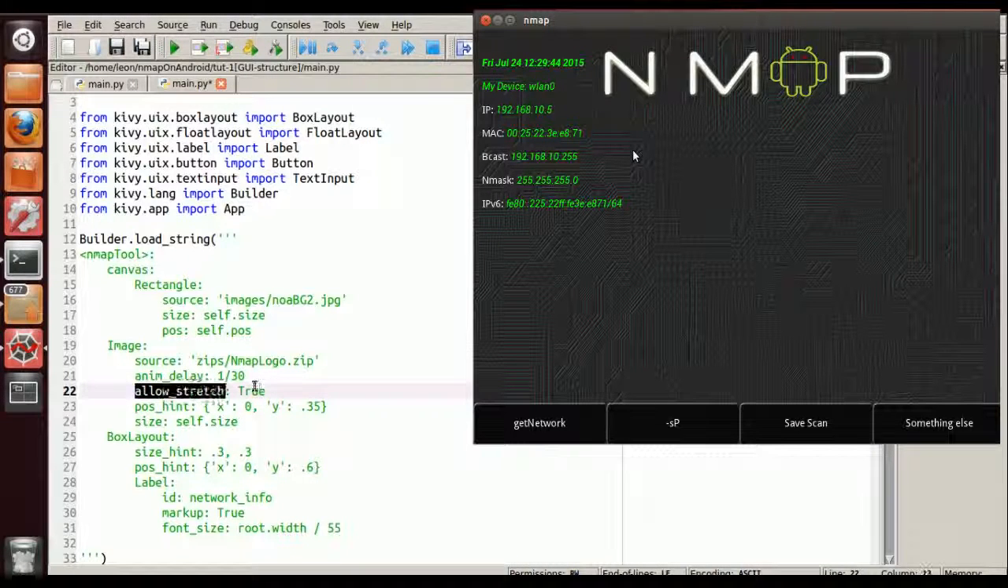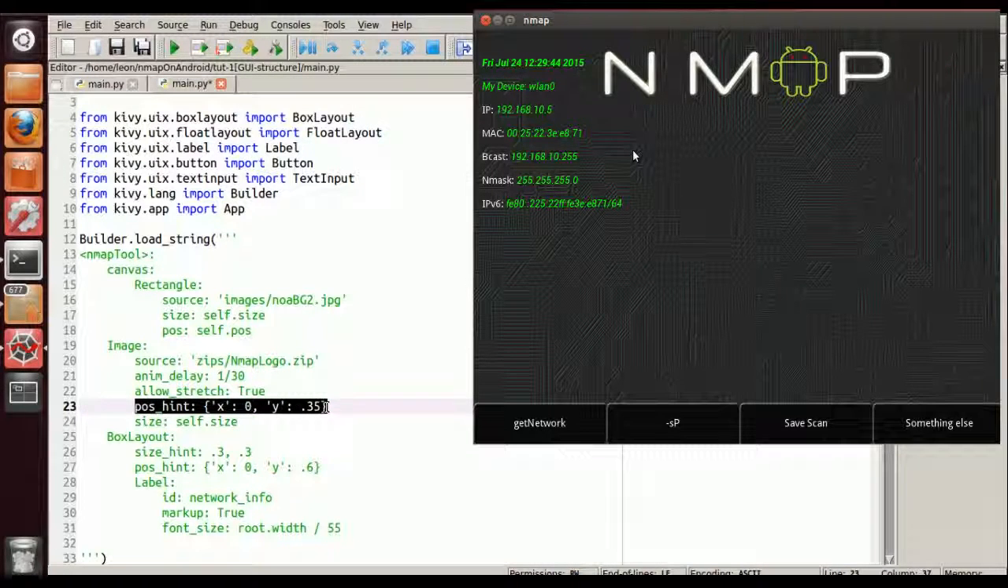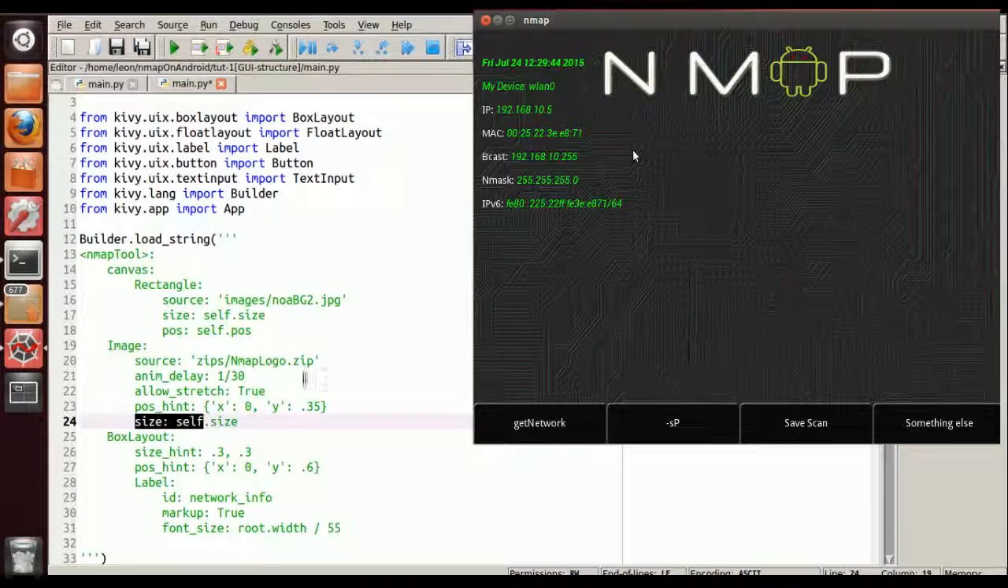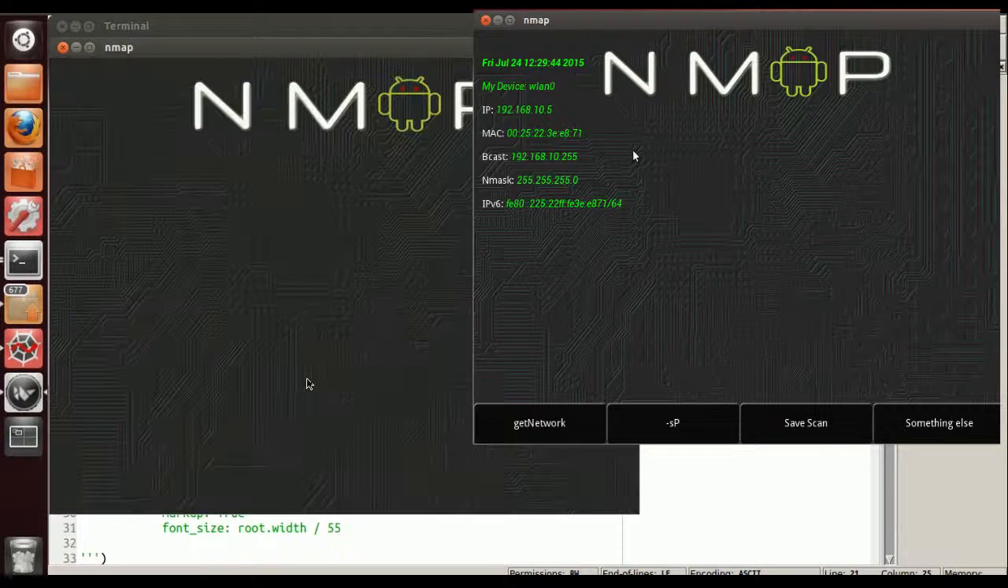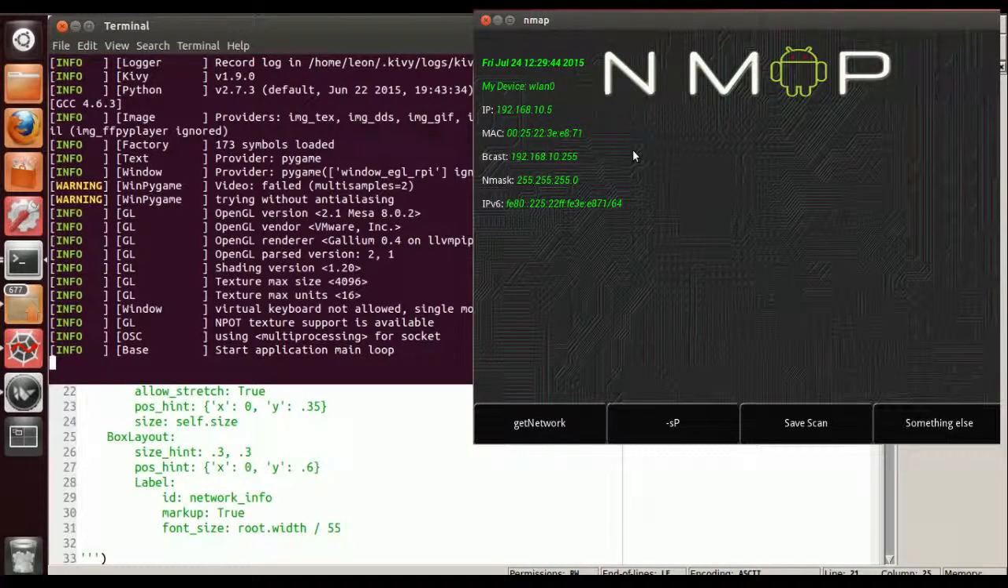Alright, I've allowed stretch which equals true, and I've just played around with a position which you guys can do on your particular device. Depends on what device obviously you've got. I've got an S4 and a Nexus 7, so you can play around with that, but that should be okay as it is. Size equals self.size, so let's build that and see what happens. It should have an Android with some flashing eyes, and obviously it's Nmap on Android, right? So let's get rid of that,